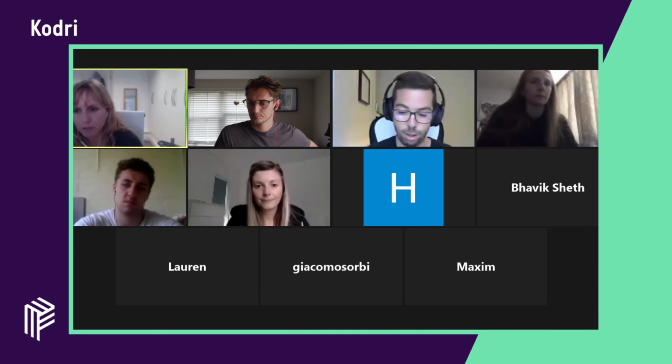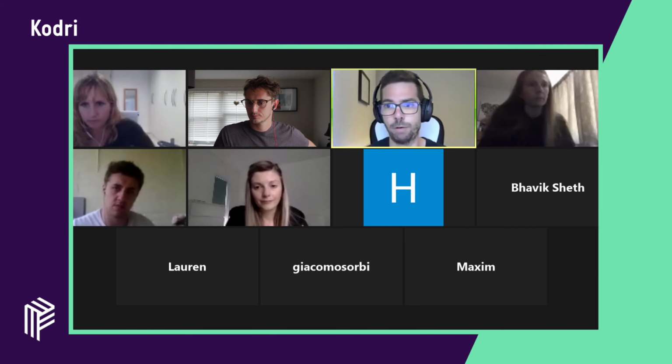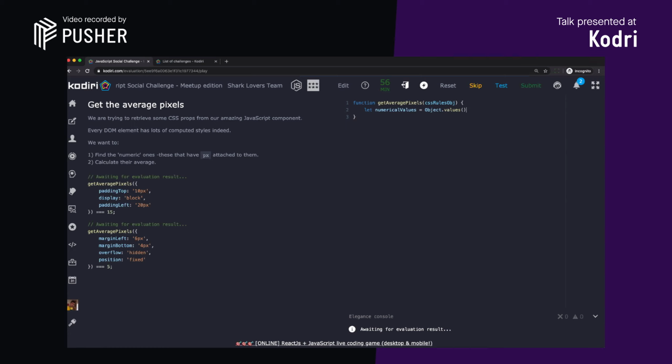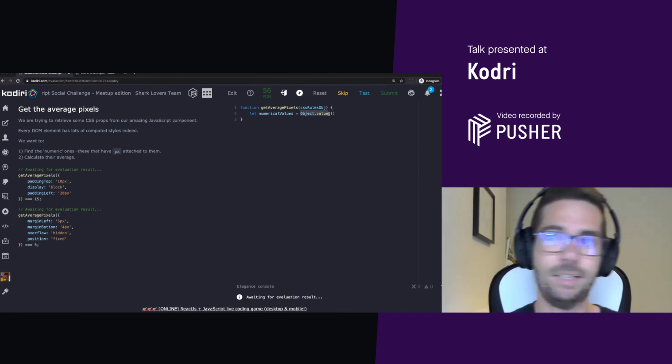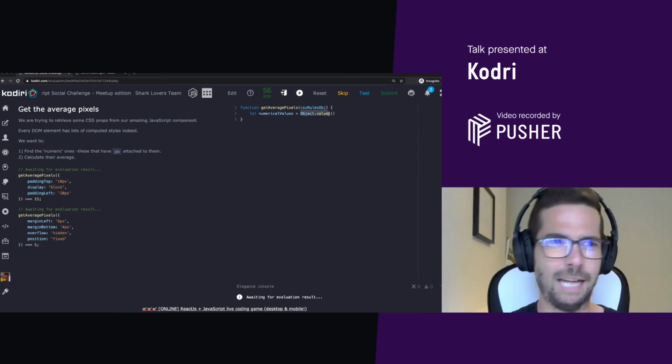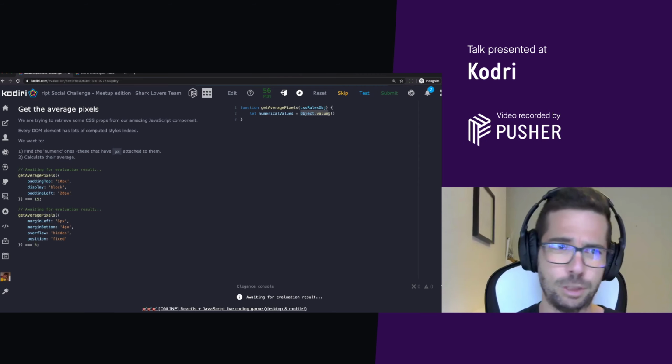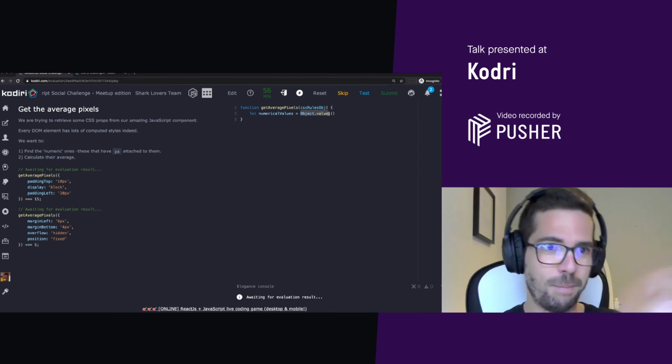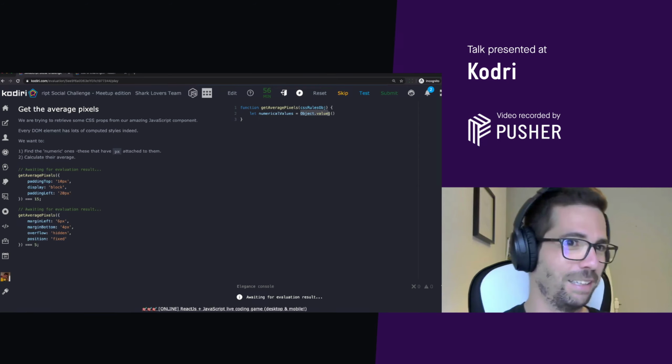Object.values. That's correct. By the way, Object.values seems quite fundamental, but I think it was introduced in Node.js in 2017. So if you ever work with Node and you cannot use Object.values and you wonder why the hell you cannot, make sure you update Node. Don't use a very old version.